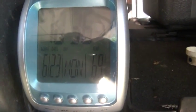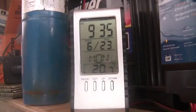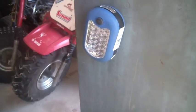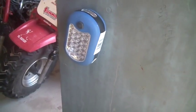So, let's look at this clock. It's about 10:30. It is June 23rd, Monday. This says 69.8. That says 69. And this guy says 20.7 when we're talking about Celsius. So there we are. And my batteries still aren't charged. It's got me a little concerned that they're not peaking out. Anyway,